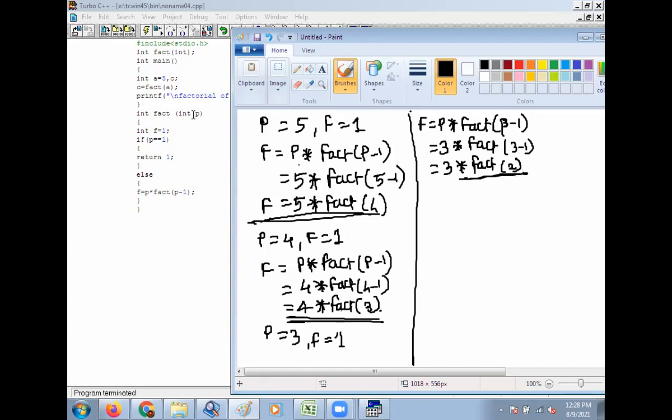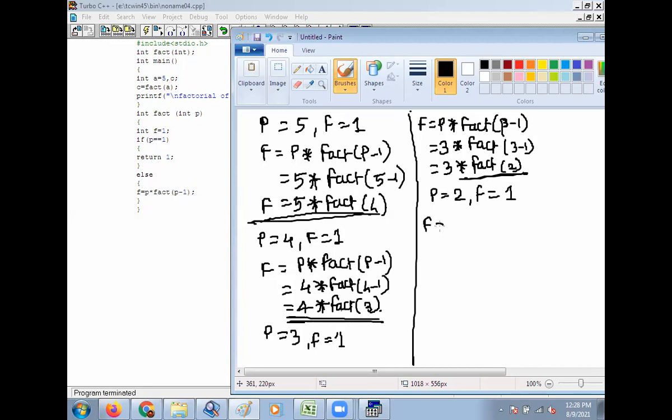Go to the definition here. P is equal to 2. F is equal to 1. Check this condition, p is equal to 1. This condition becomes false. So go to the else part here.